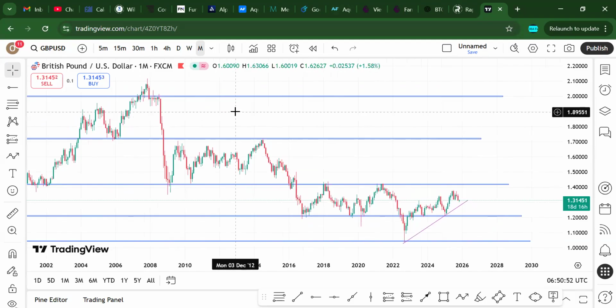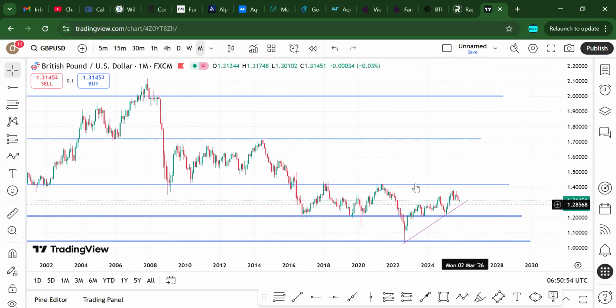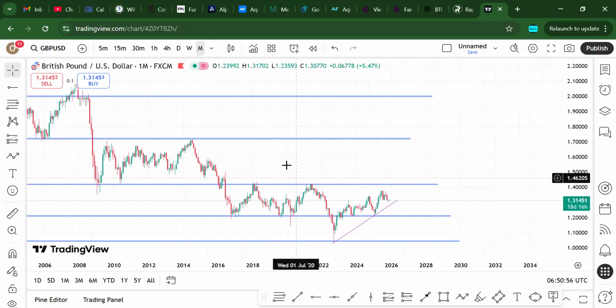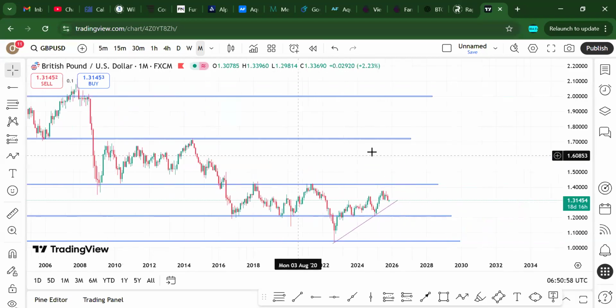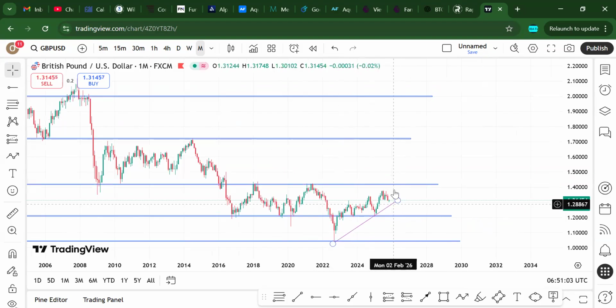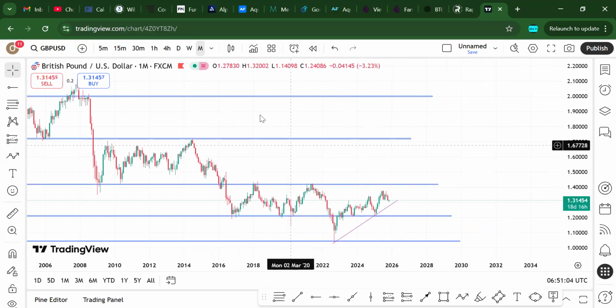And today I'm going to be looking at the forex currency pair GBP USD. We looked at this particular pair last week and I told us that GBP USD was coming downwards. And why did we come to that conclusion? That's because